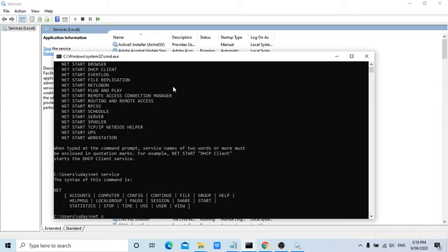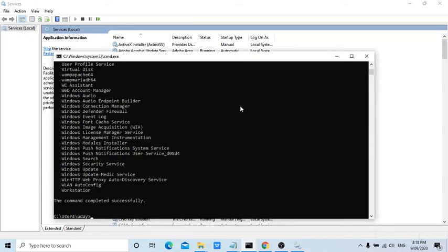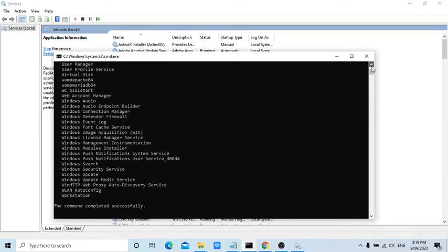Net start, net accounts, net config, net continue, net file, net statistics, net stop, net user, net view. Net start.